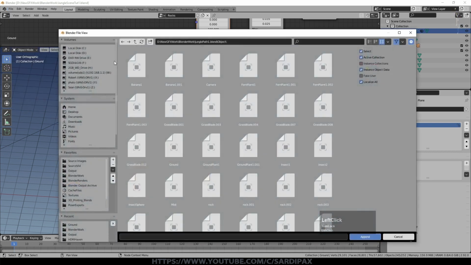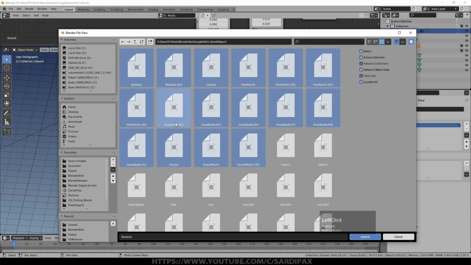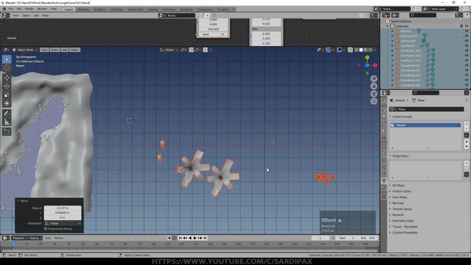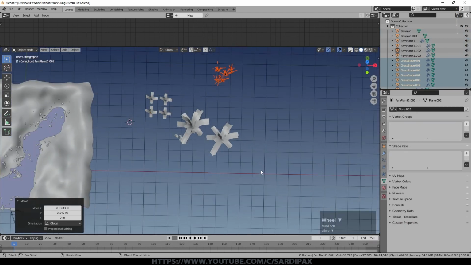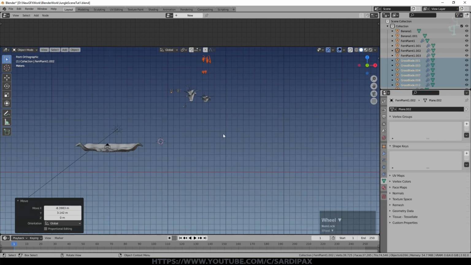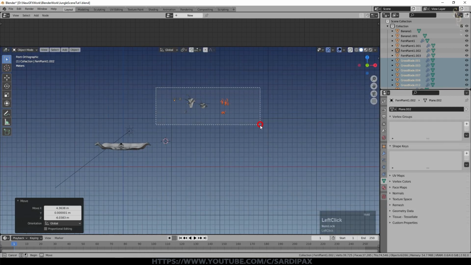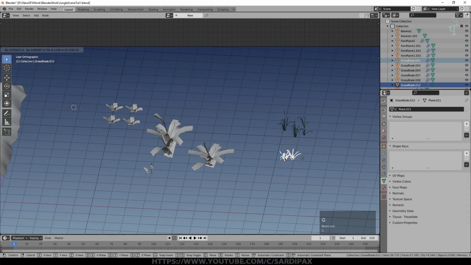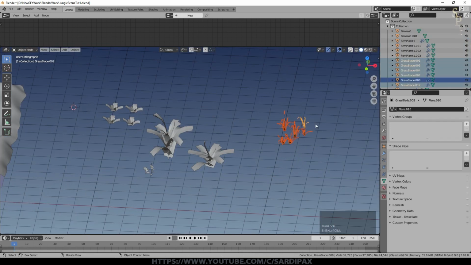So I'll append, and let's do the fern plant, or we'll take the banana plants, the ferns, etc. We'll append those first of all. I think I've made this scene quite a bit smaller than my other one. So having rescaled them, I will need to apply the scale to these objects. So that's just Control A and apply. So we've got a number of assets here. So here are some grass plants. So I've selected all my grass plants, press M, new collection, grass.